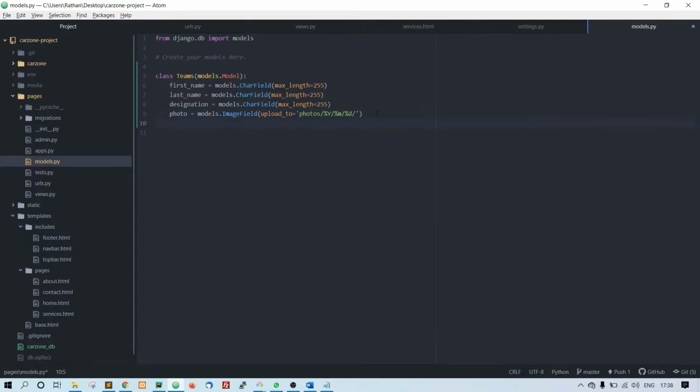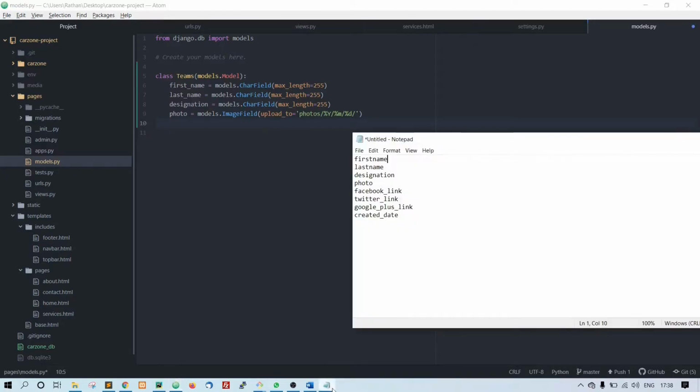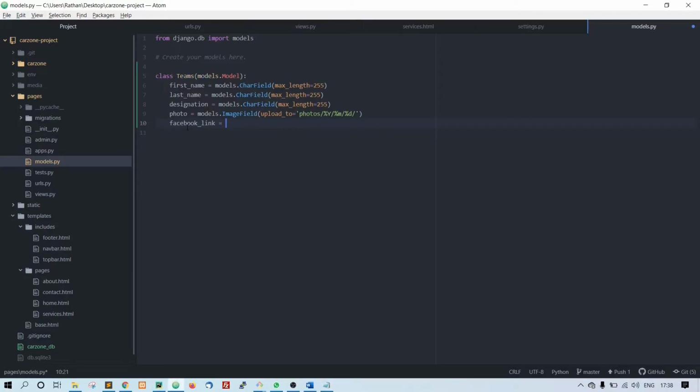The next thing is what else we need? We need Facebook link is models.URLField equal to max length of 255. Maybe let's give it 100.